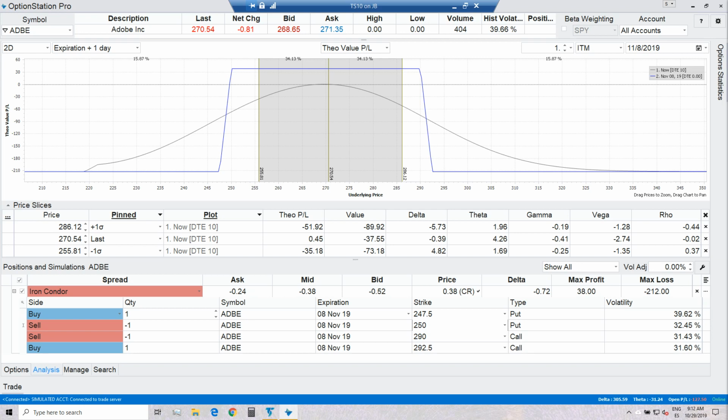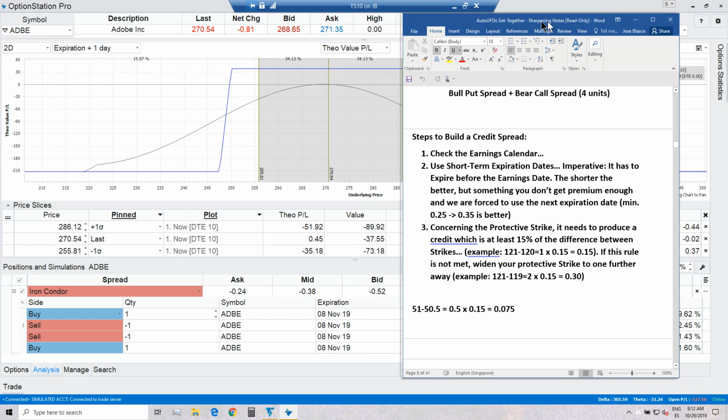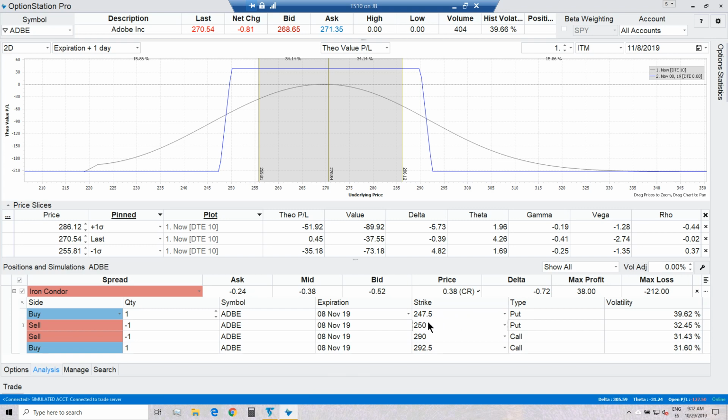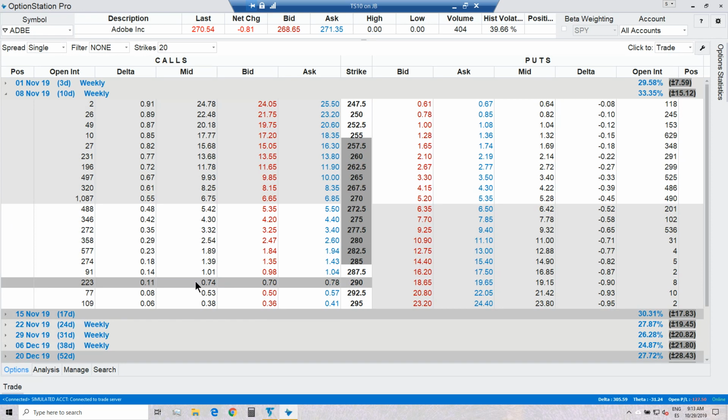Okay, so looking for our rules. Here we go. So here are the rules I was looking for. When selling options, remember, we said that we are always shooting for at least 35 cents. The ones that we are selling are the 290 and the 250. So the 290 is paying us 74 cents. We saw that before already. The 250 is paying us 82 cents. Normally the puts pay you more than the calls. That's why I always start with the calls, because if the calls don't pay you enough, there's no need to check the puts. Okay. So we do have the premium we want.